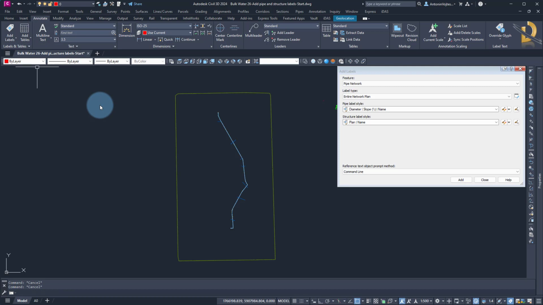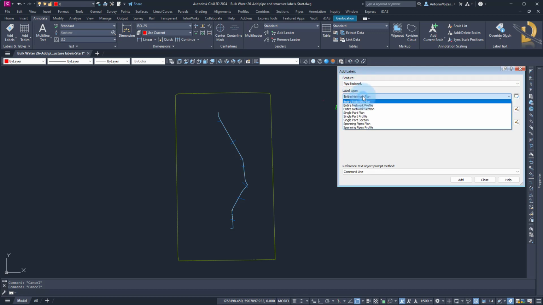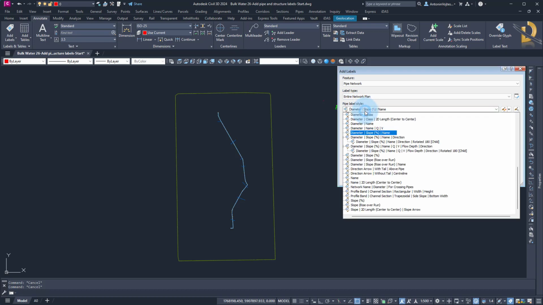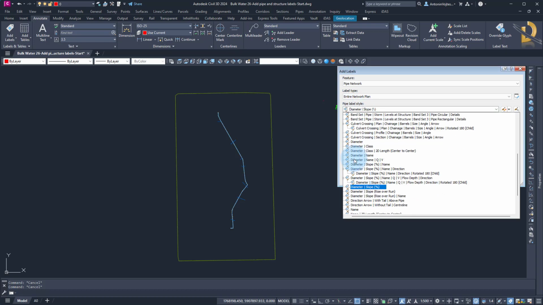It will open a new window where you can specify the feature pipe network, whether you want to label the entire network in a plan or in a profile or in a section or single part in plan, profile, section. There is also an option to label spanning pipes in plan or in a profile. Let me use the entire network in plan. For the pipes, I want to display just diameter,